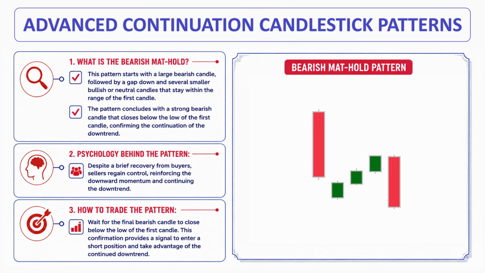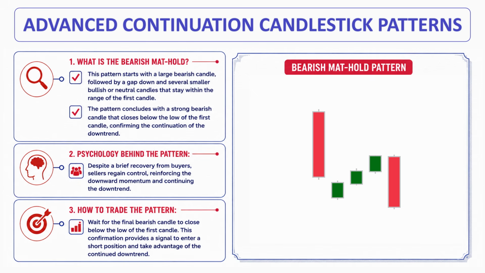This pattern starts with a large bearish candle, followed by a gap down and a series of smaller bullish or neutral candles that remain within the range of the first candle. It ends with a strong bearish candle that closes below the low of the first candle, confirming the continuation of the downtrend. The psychology is that even though buyers attempt a brief recovery, sellers regain control and continue pushing price